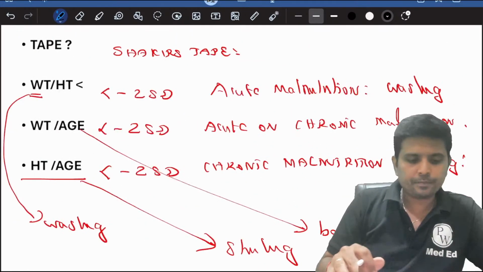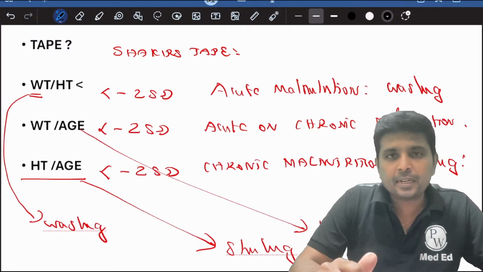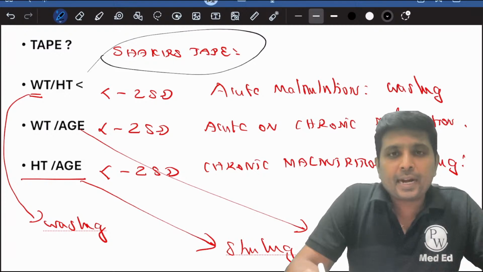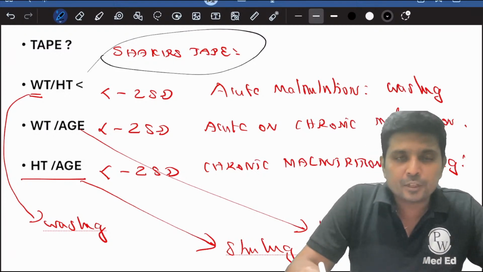Okay, right. So this has been discussed. And one more point with respect to the tape, I told you about Shakir strip. And another important revision point with respect to